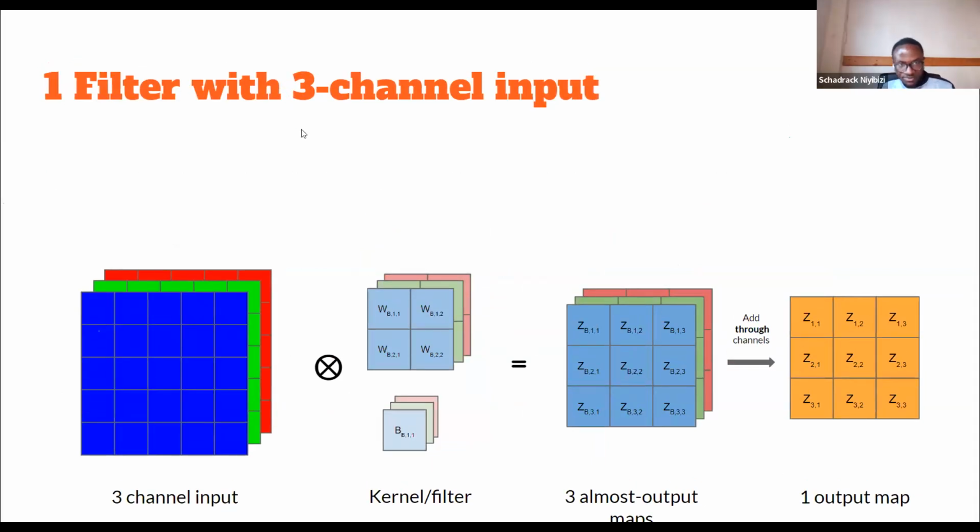Can you repeat the question? Yeah, once we go from three channels to one channel, but we still repeat the filtering process for more layers, right? Are we just always going to have one map from that point on? Oh, I see. So what we mean here, this output map, you'll be just indicating this in the convolution layer